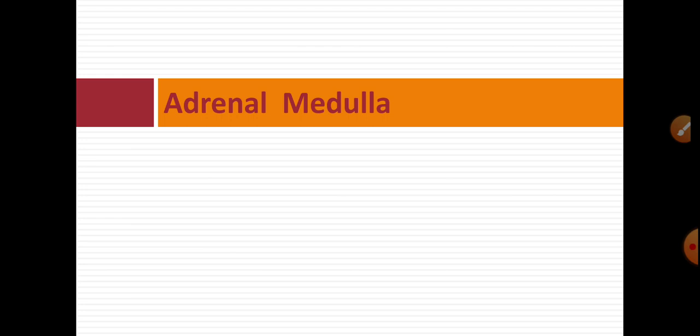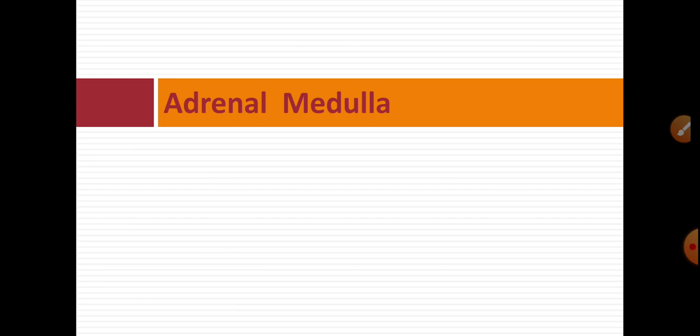Then the next hormone we have seen is the adrenal sex hormone. Out of the sex hormones, androgens are more secreted from the zona reticularis, while in small quantity estrogen and progesterone are secreted from the adrenal gland or adrenal cortex, particularly the zona reticularis. But these sex hormones are secreted in very small quantity, so there is an insignificant effect from these adrenal sex hormones.